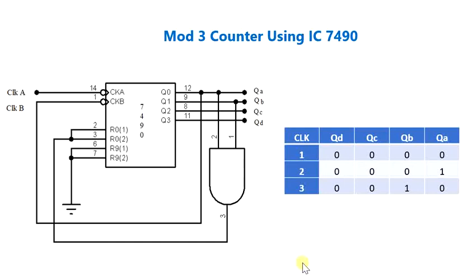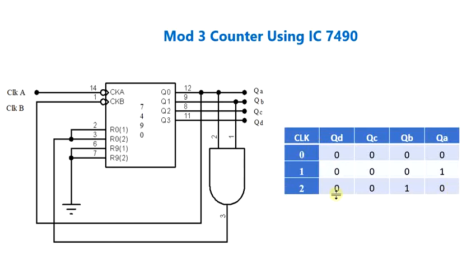In the mod 3 counter, it will start counting from 0 to a binary representation which corresponds to decimal 2. So you have 0010. So if you look at the mod 3 counter using the IC 7490, in general IC 7490 is a decade counter. So it will continue to count up till a binary representation of 1001, that is equivalent to decimal number 9. Now we want it to stop counting, so that the counter only counts till mod 3, that is to count till a decimal value of 2.